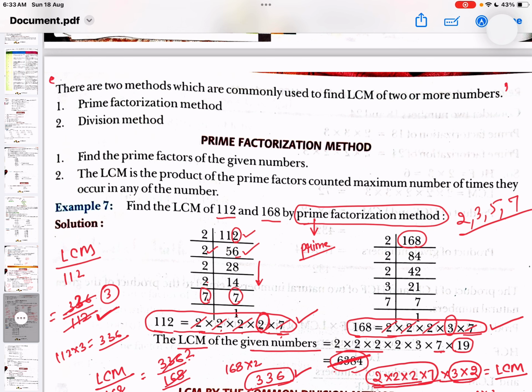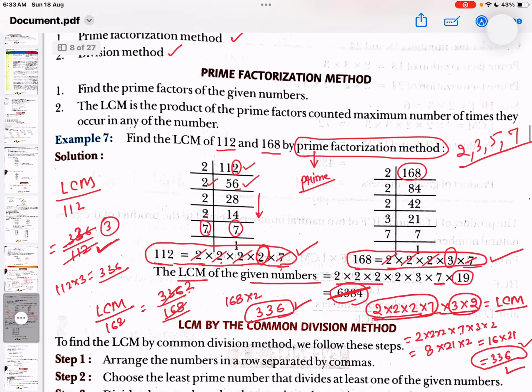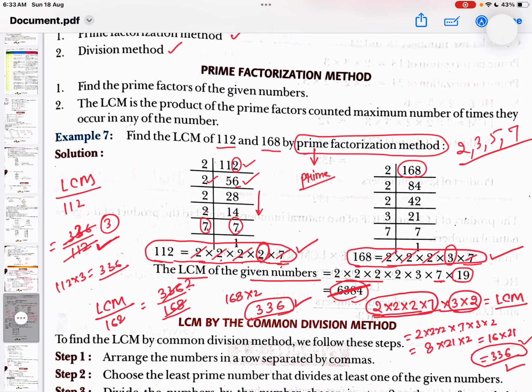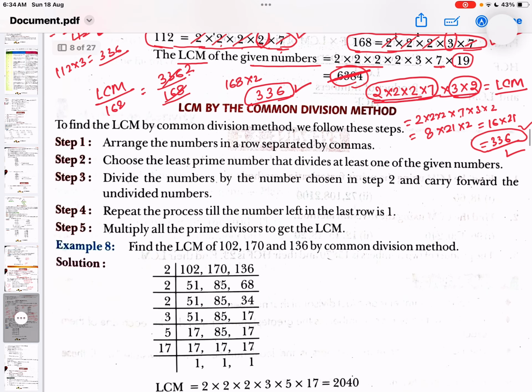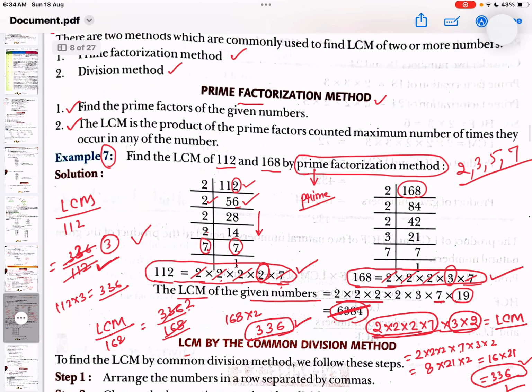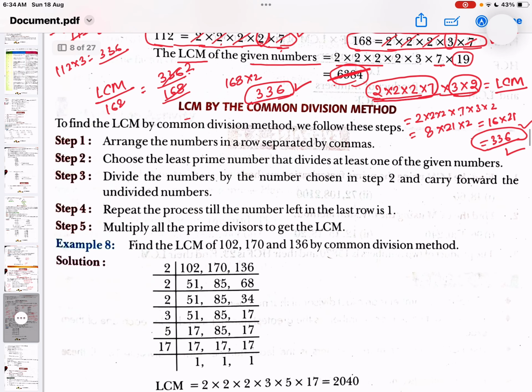There are two methods which are commonly used in LCM. Write this and write the second point also. Start from the prime factorization method heading, write point 1 and write point 2. Okay, then after this example, in such a way as I have explained to you, you have to write it down. Then after that you have to start from the LCM by the common division method. That would be the LCM from the prime factorization method, and this is the method of the common division. Okay,